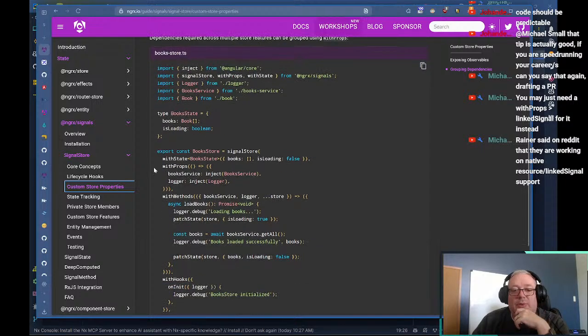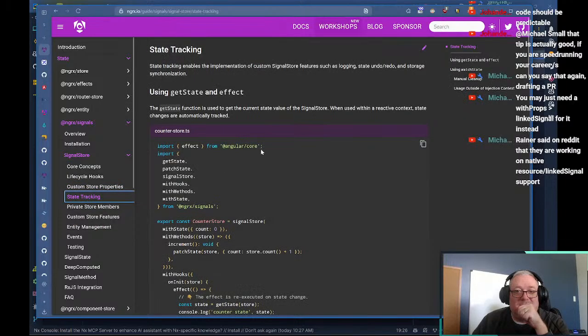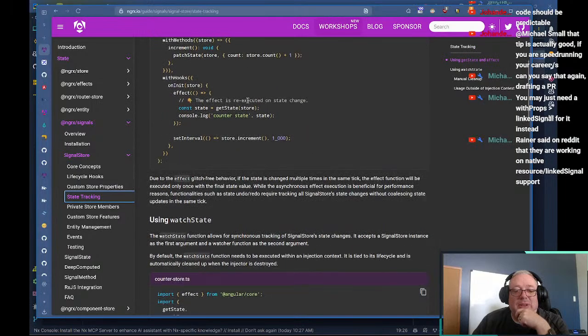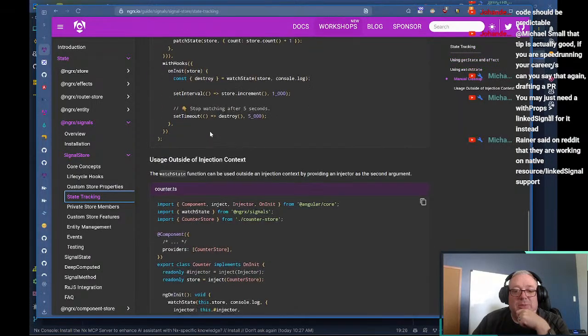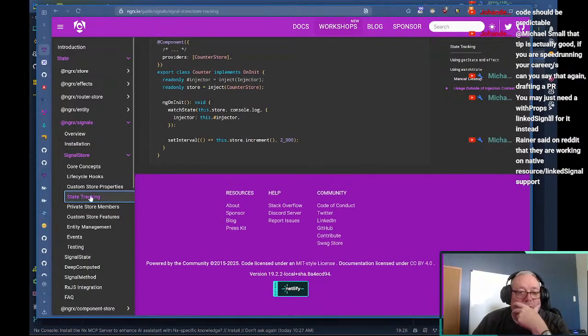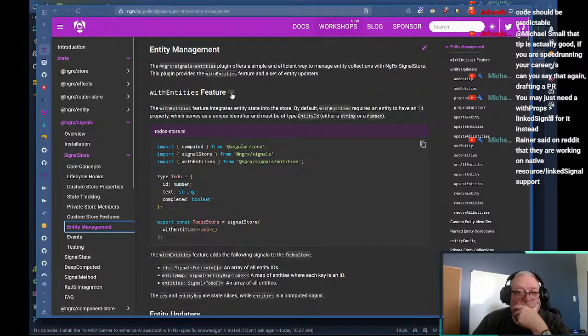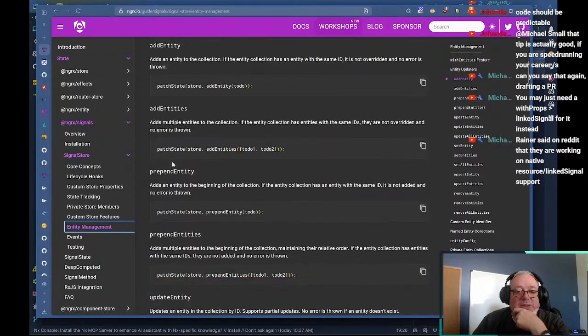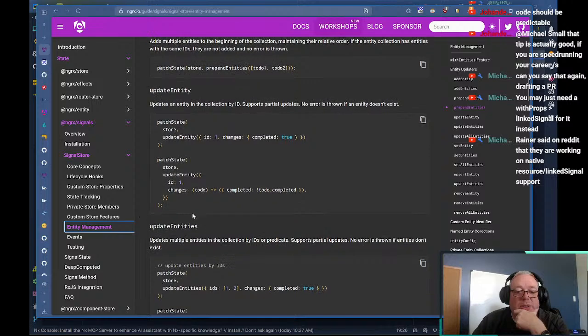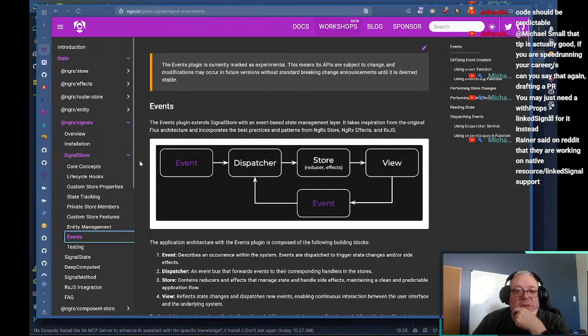Yeah, with props is good. State tracking, get state and effect. Watch state, manual cleanup. So you can add entities and updating entities, but what I'm curious about is